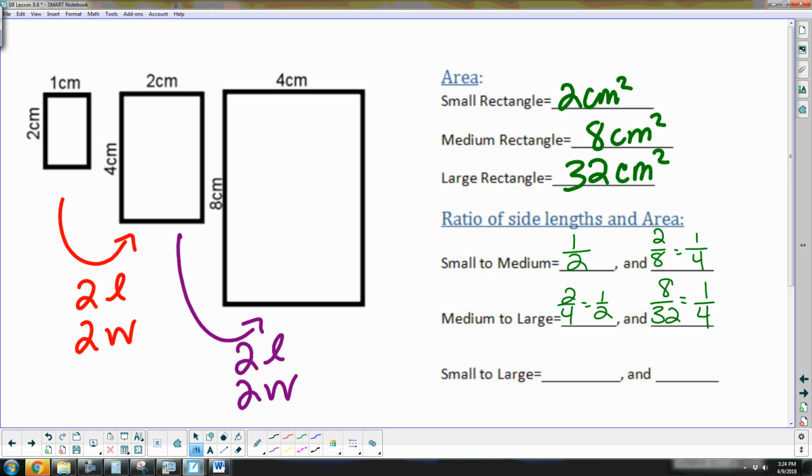And then now if we look at the small to large, we have side length 1 and side length 4. So that's 1 to 4. And the area is 2 to 32, which is 1 to 16. So if we look at all of these ratios, the side lengths and the area lengths,